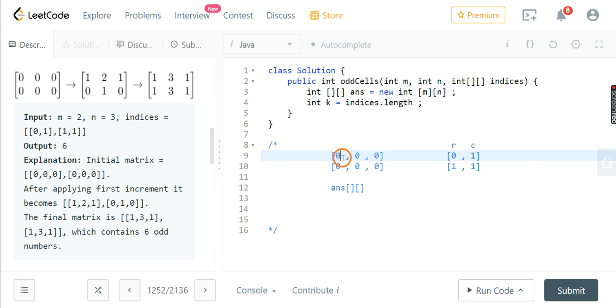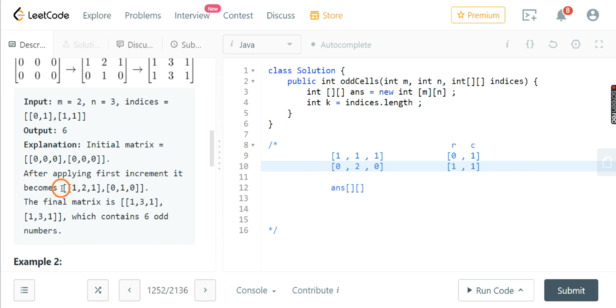So let's increment them. This becomes 1, 1 and 1. Now come here. This says that increment all items in the first column of our answer matrix. So let's increment 1 comma 2.